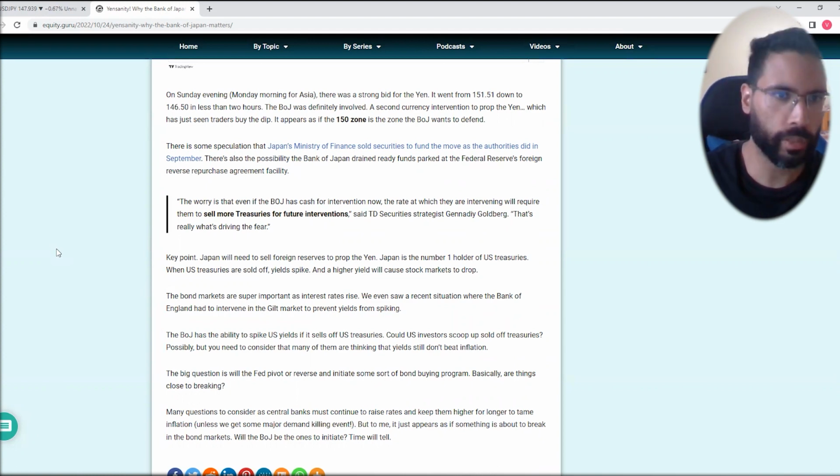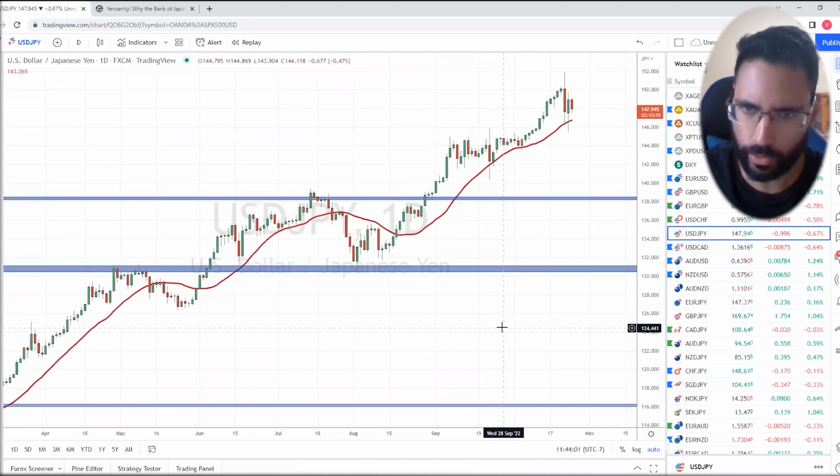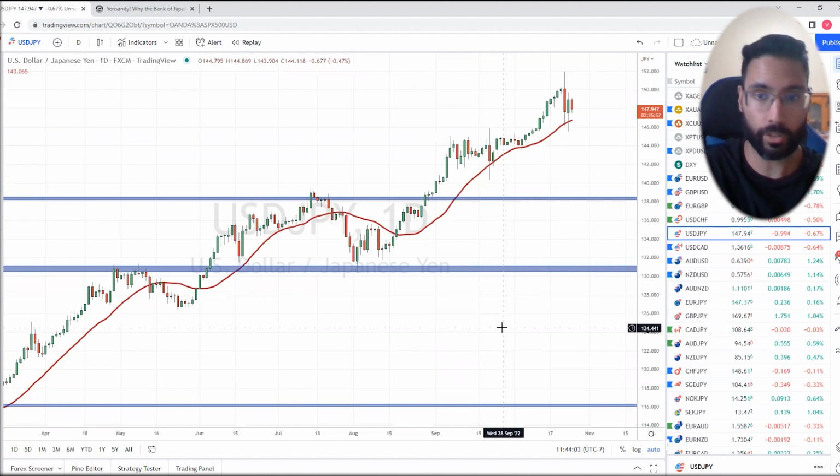They are already doing the unlimited bond purchasing. They've already tried a currency intervention. Maybe it's going to succeed now. We are seeing another yen strength today. But heading into the Bank of Japan meeting, what else can the Bank of Japan do to strengthen the yen